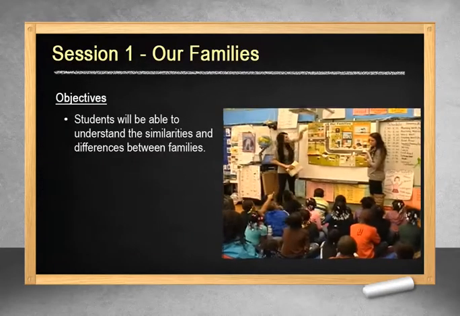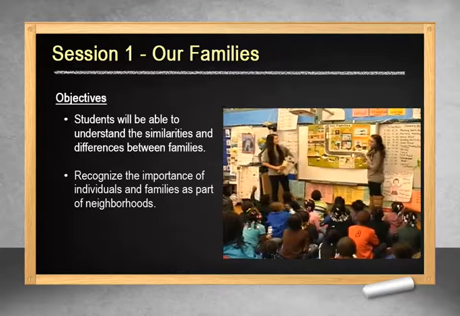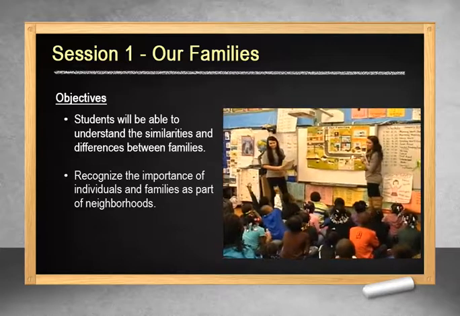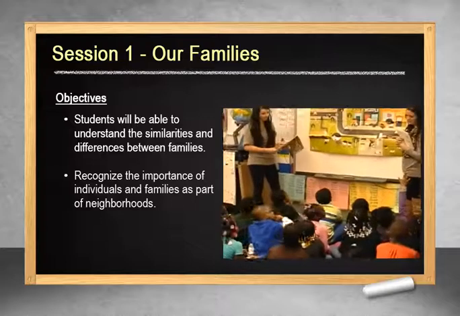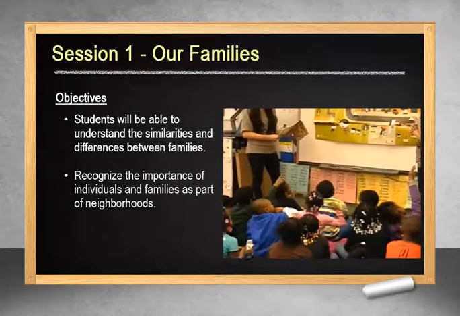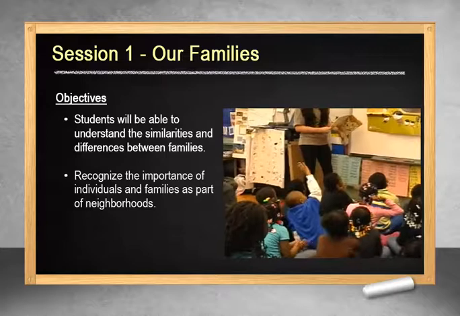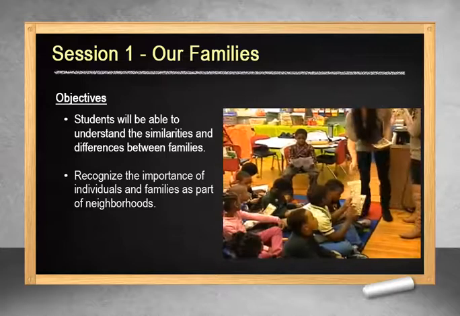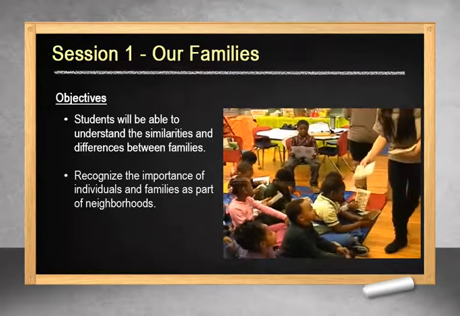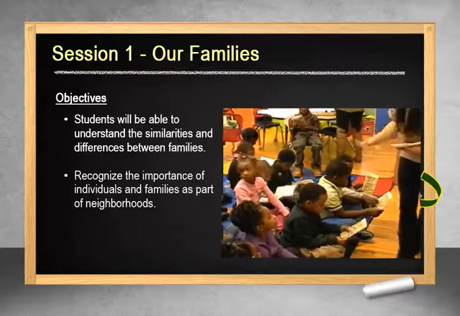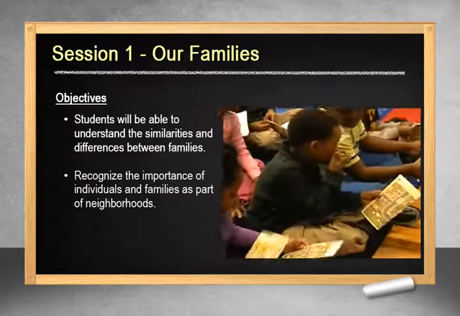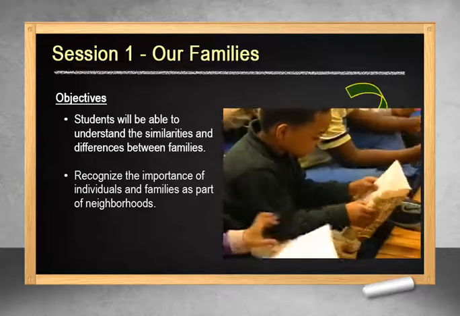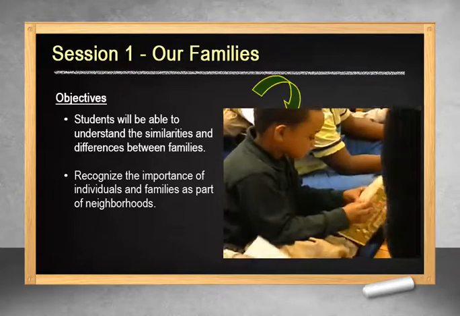Session 1, Our Families. The objectives of the first session will be to help students understand the similarities and differences between families and to help the class see that families are part of neighborhoods. The first session will require you to use the following materials from your JA kit: the Junior Achievement Banner, 30 table tents for students, the guide for teachers and volunteers, the JA Our Families posters, 30 junior journals which will